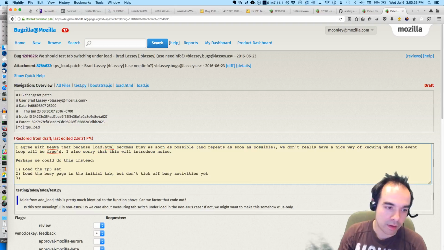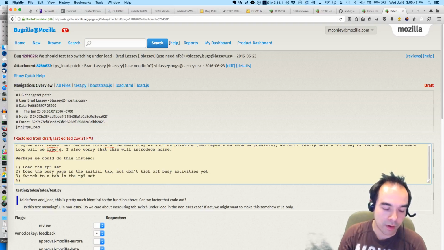Three, switch to one page in the TP5 set. Four, send a message to the busy page to get busy, and then switch to it.